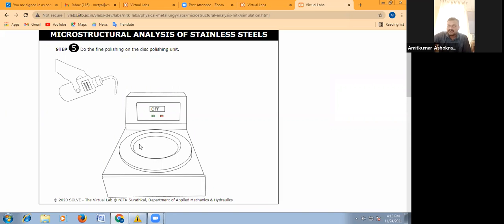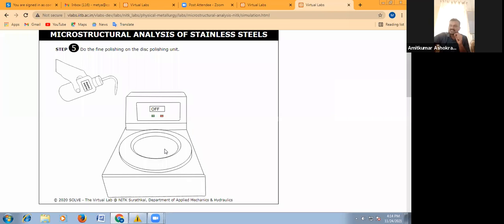Here your polishing paper will already be attached with the help of one disc. A fine paper or polishing cloth will be attached here. On that polishing cloth, you have to pour alumina solution or alumina powder, along with some amount of water, onto this disc.